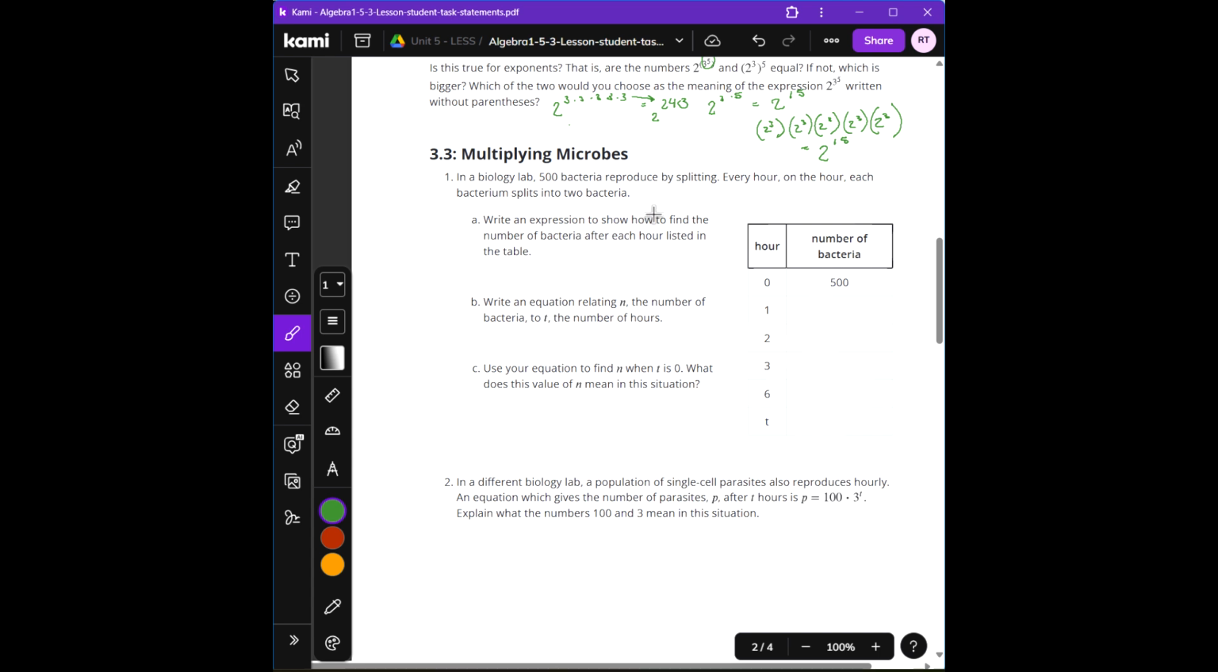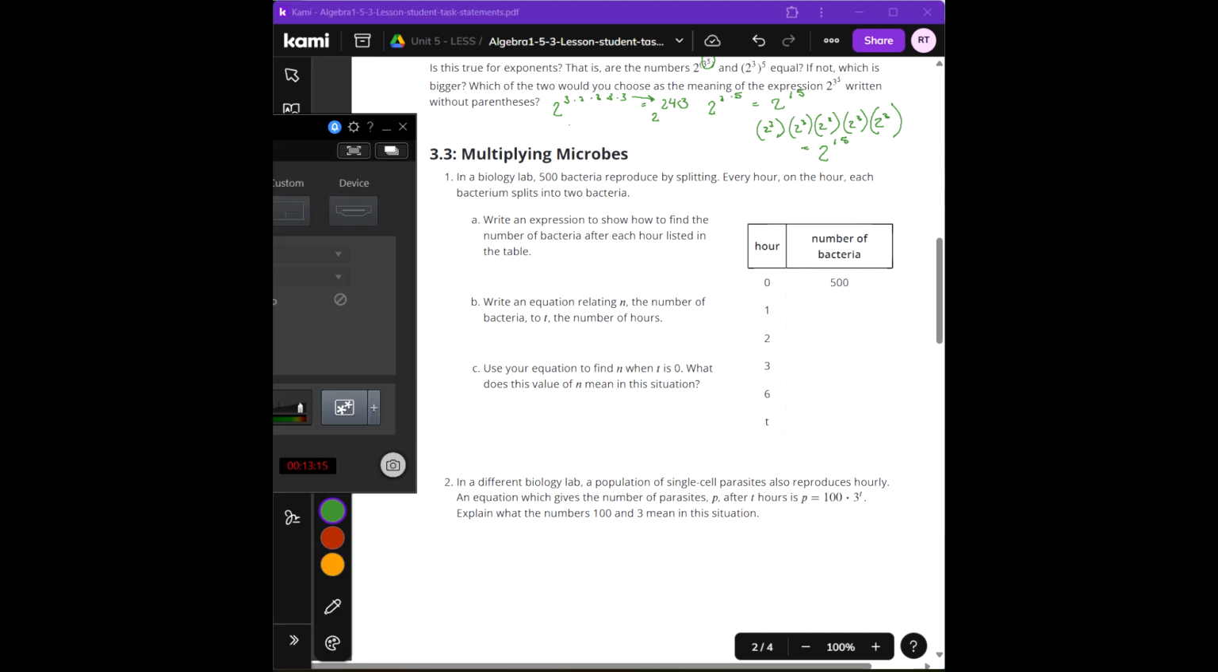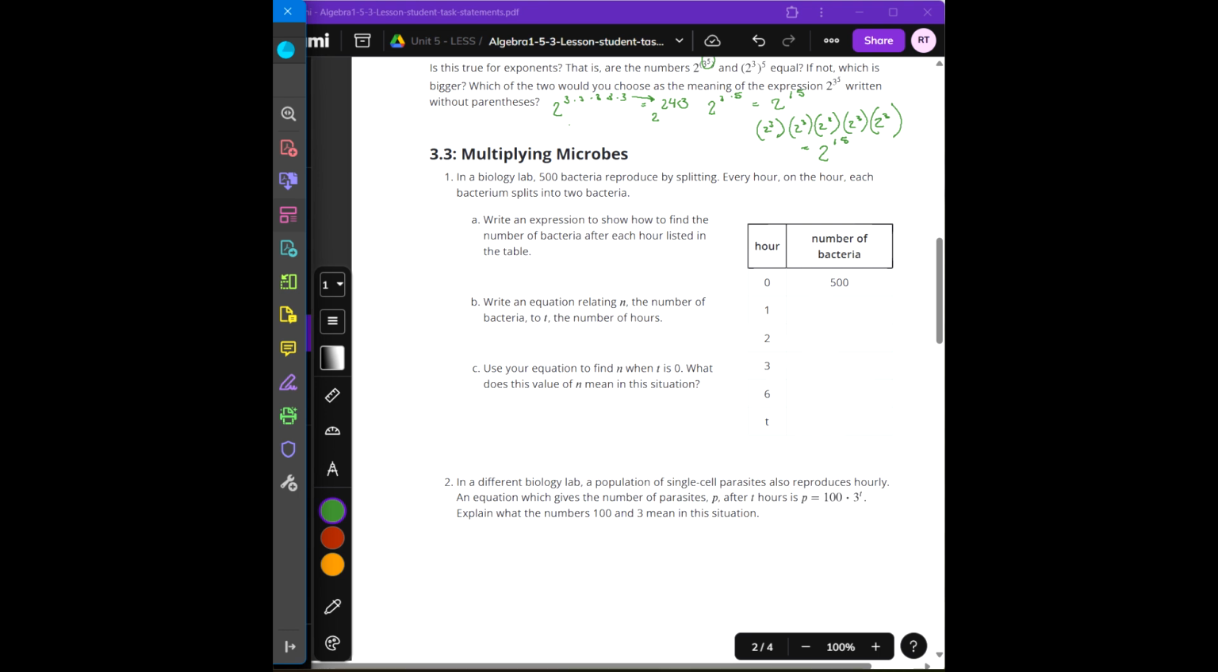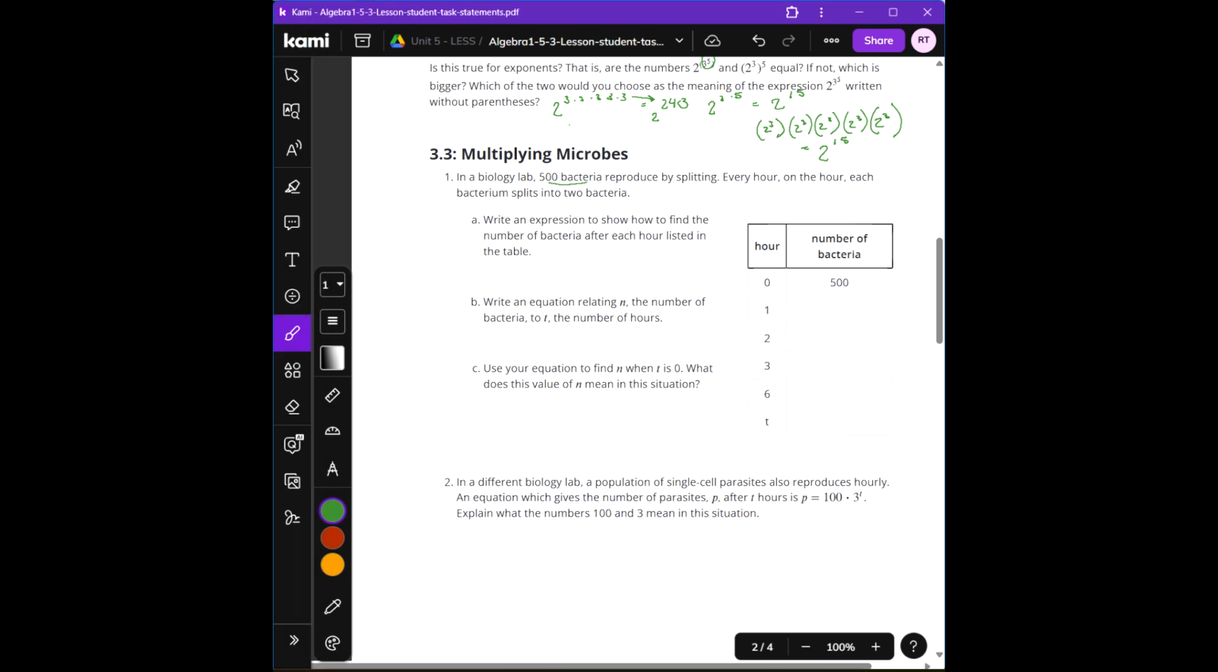3.3. In a biology lab, 500 bacteria reproduce by splitting. Every hour, on the hour, each bacterium splits into 2 bacteria. Write an expression to show how to find the number of bacteria after each hour listed. So what we have here is, remember, we have our 500 bacteria. They reproduce by splitting. Okay, so they split into 2. So basically, we're going to be doubling every hour. So write an expression is going to be, we could have